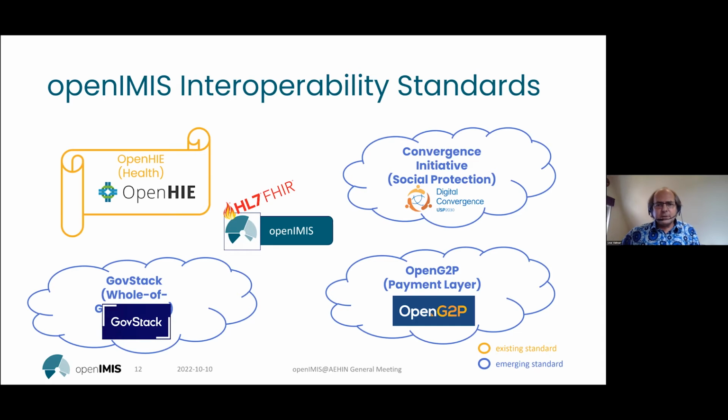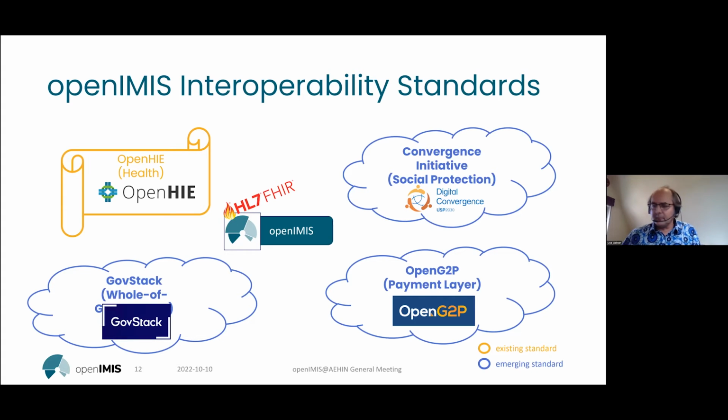And there are new initiatives coming up in social protection on the payment side, and for the whole of government approaches. So there's GovStack, the Digital Convergence Initiative, and OpenG2P. We have been playing around with those standards as well, although we clearly have to see they are not yet established in practice.